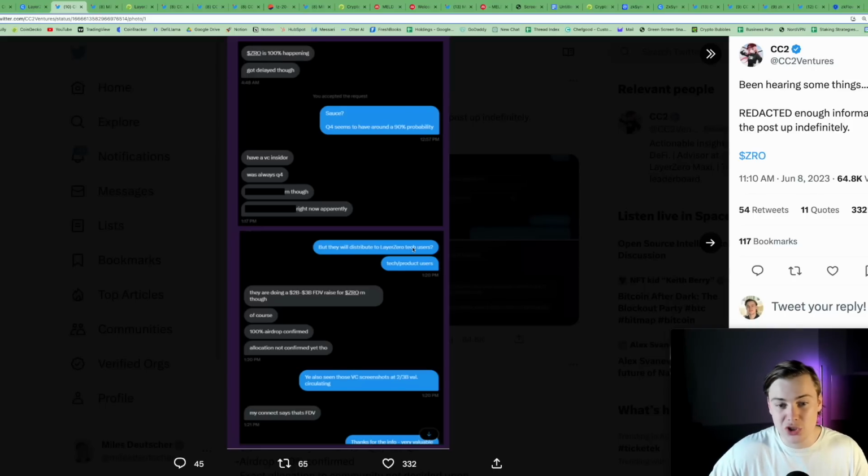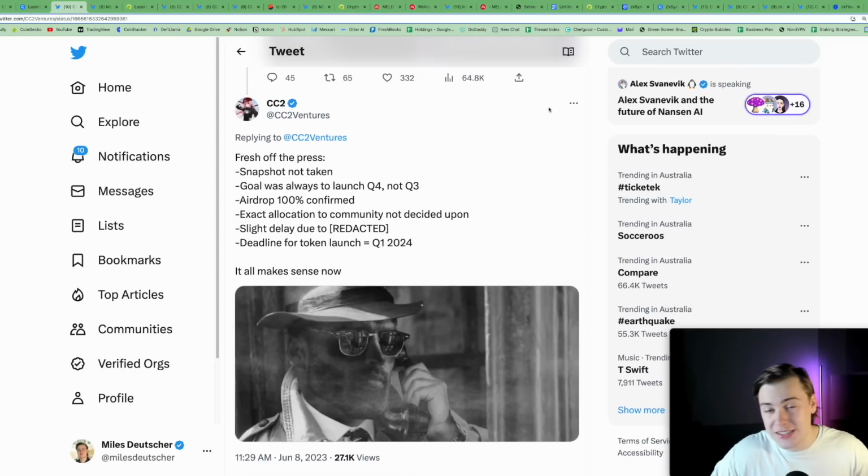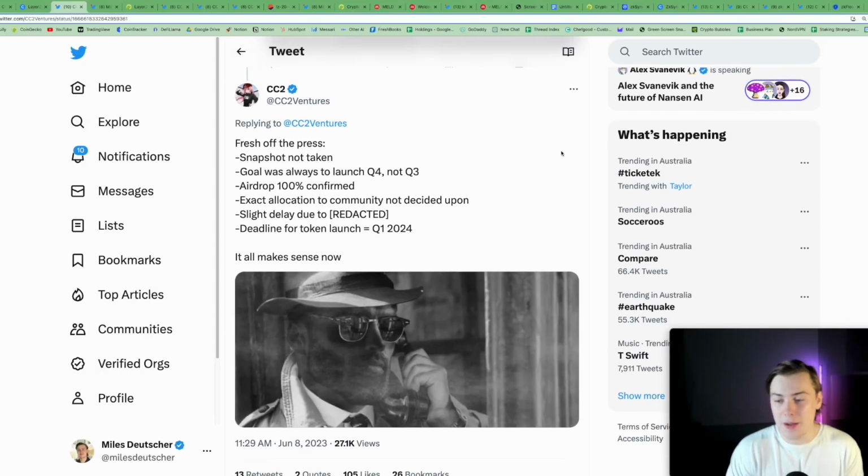Then he says, but they will distribute to tech users, tech product users. Then he says, of course, 100% airdrop confirmed, allocation not confirmed yet though. My Connect says that's FDV. So basically, from CC2's DMs with this insider, fresh off the press, as he says, the information he got is